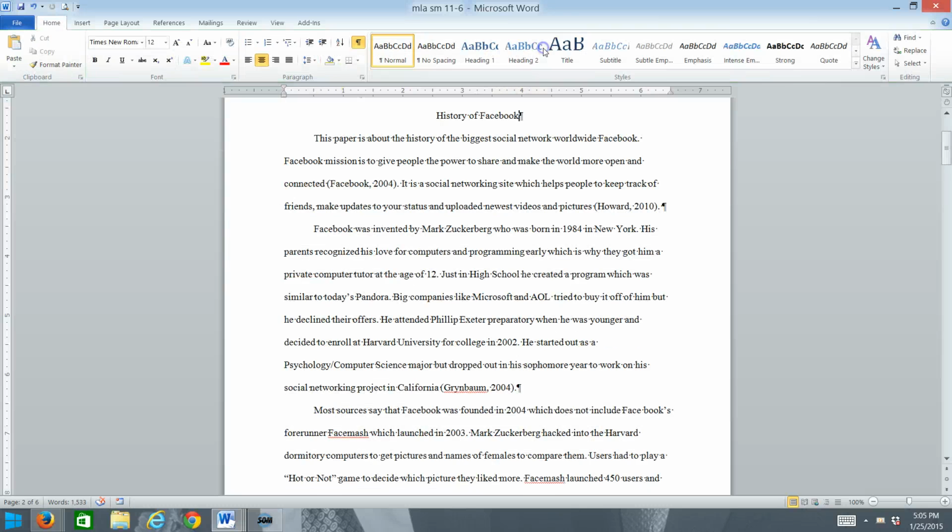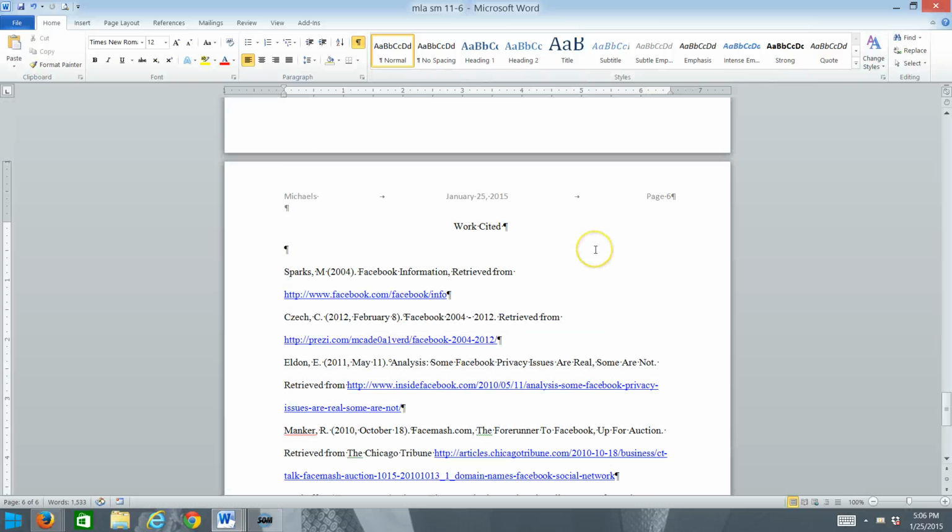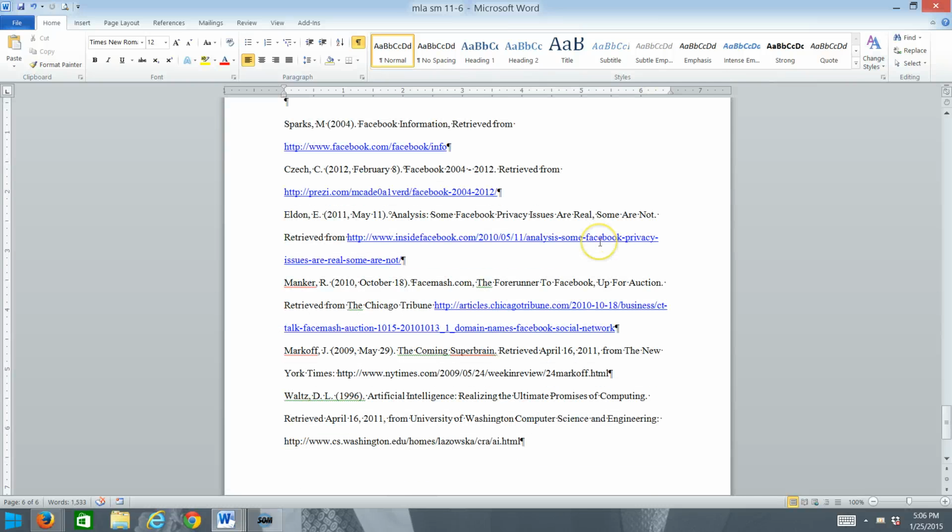Okay. And now while we're looking at this MLA style document, let's go ahead and talk about formatting a works cited page. So I'm going to go to the end of my document. Control N is the shortcut for that, in case you didn't know that. And I've got this works cited here